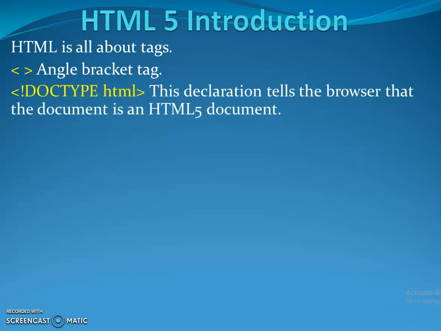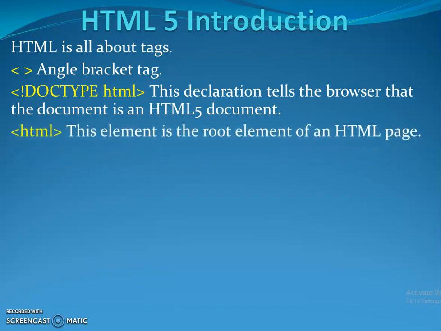Now let's talk about doctype, right? Now doctype, as you can see, tells the browser that, hey, this is an HTML5 document. This is why doctype comes first. It's the first text that appears on top of the HTML document. As soon as the browser sees it, it will recognize that this is an HTML5 document. And the HTML tag is the root element of an HTML page,